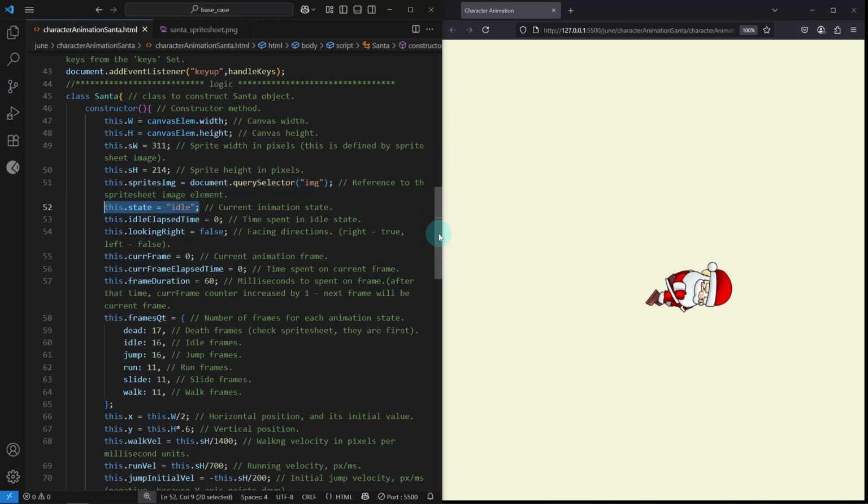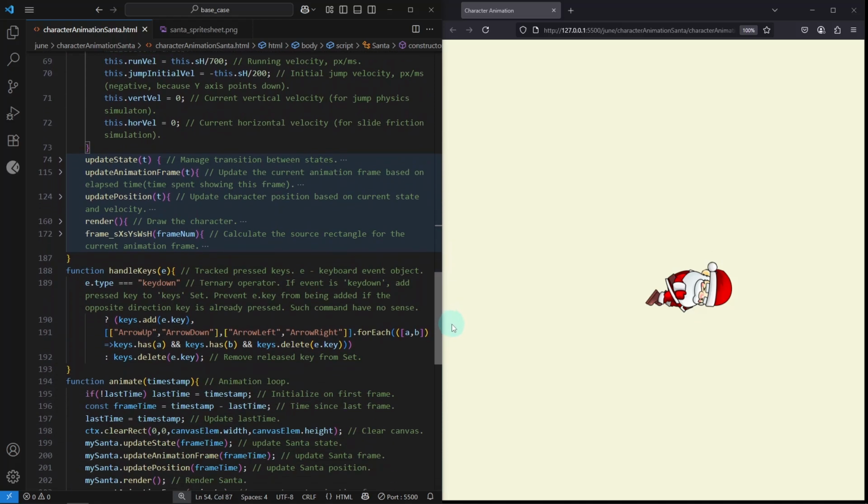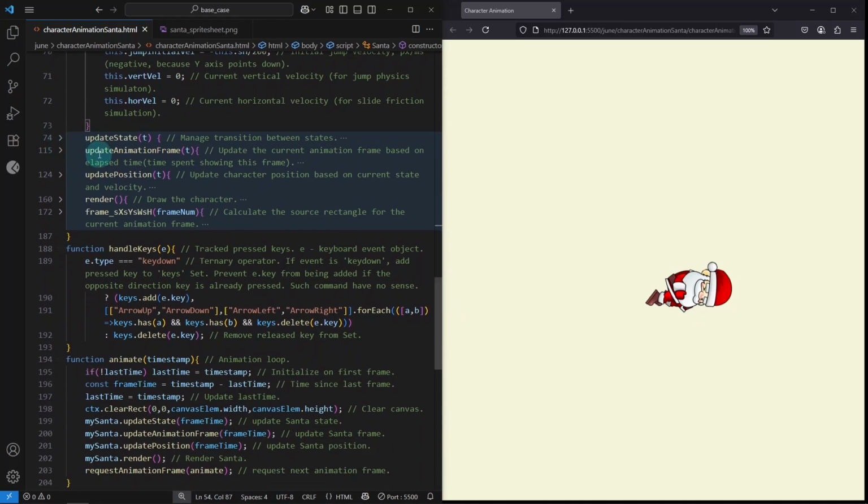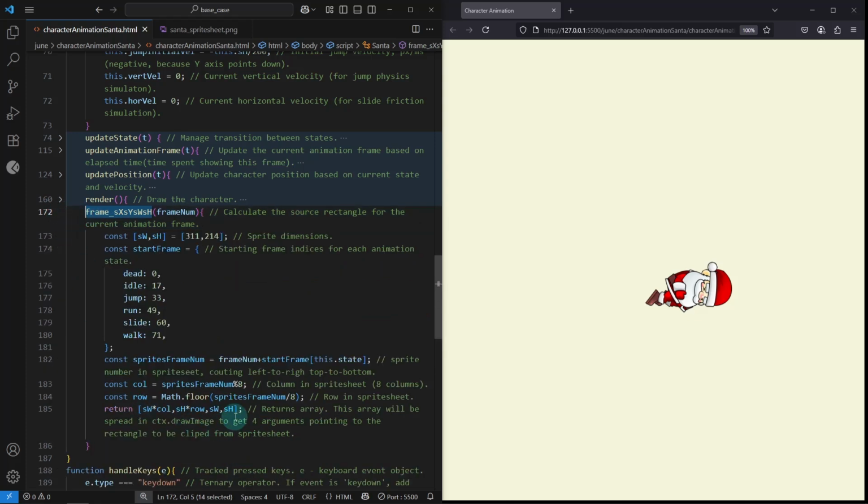All this data will be manipulated by 4 class methods: update state, update animation frame, update position, and render. There is one helper method, frame sx, sy, sw, sh. It will return an array containing 4 arguments required for draw image to clip out specific parts from the Spritesheet